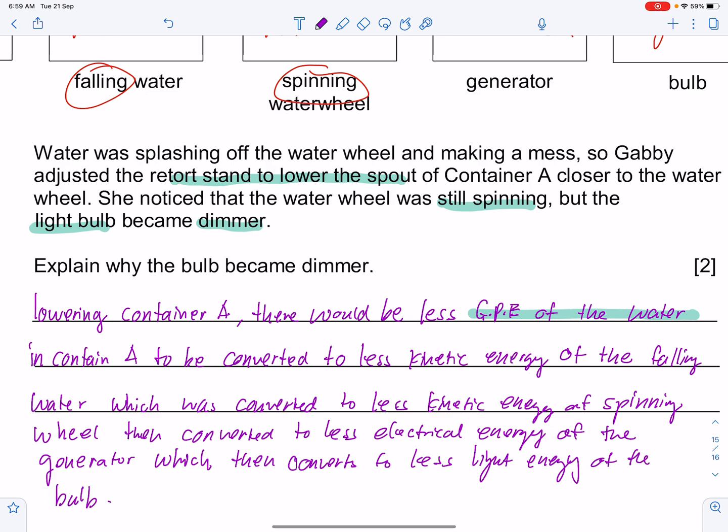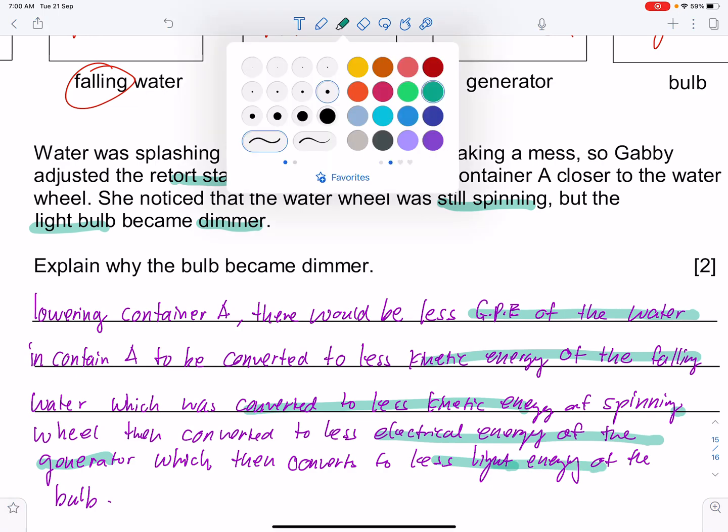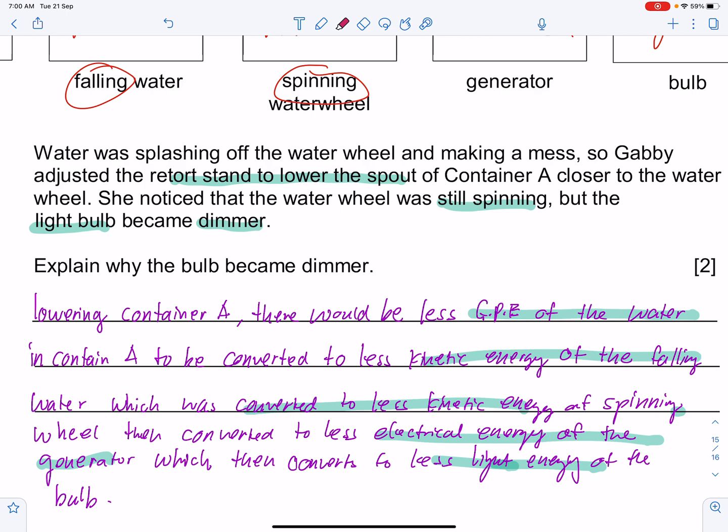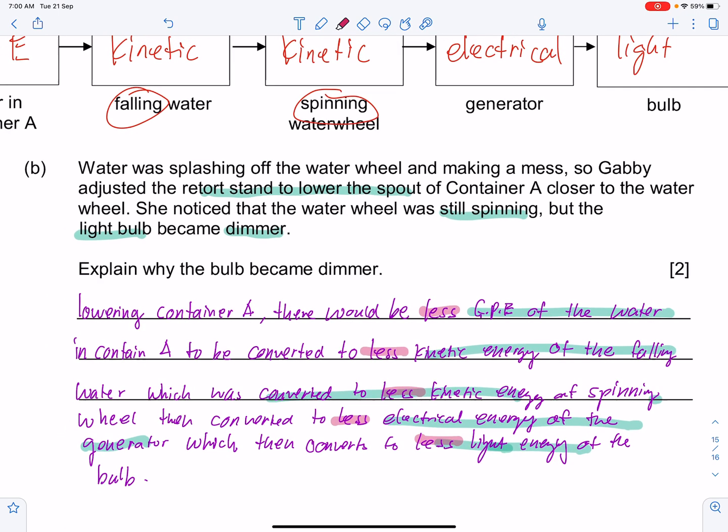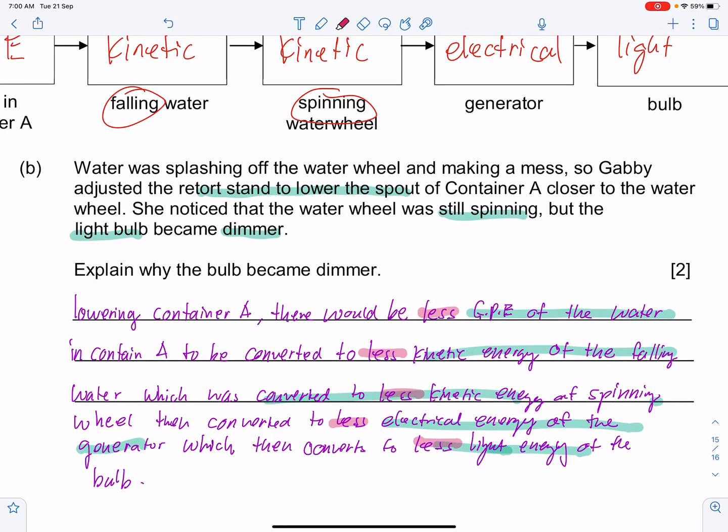So can you see we're really just going through the whole description of the various types of energy? And throughout the whole thing, it's very important to put your comparatives, so you have less, and less. Something that is very common, but you have to do it. Alright, so this question is not difficult. Alright, thank you for